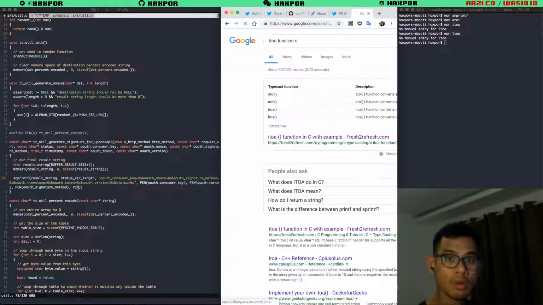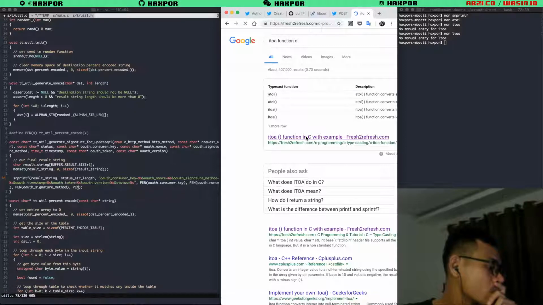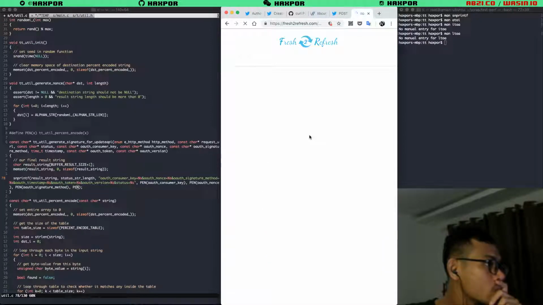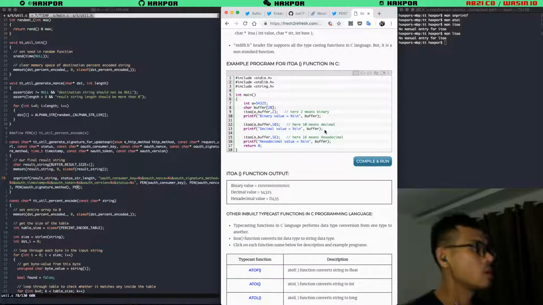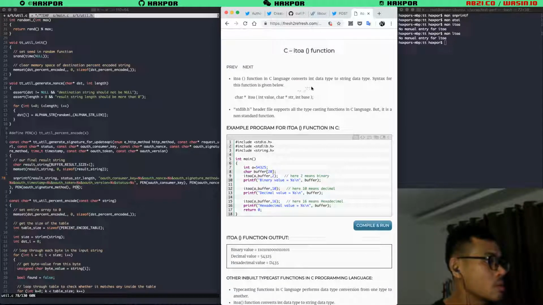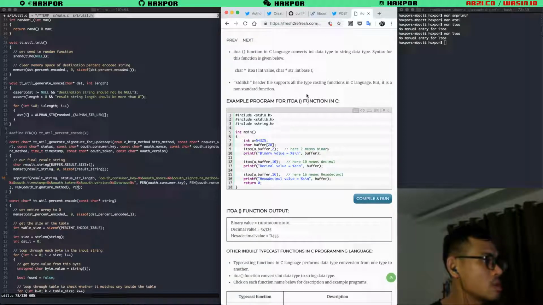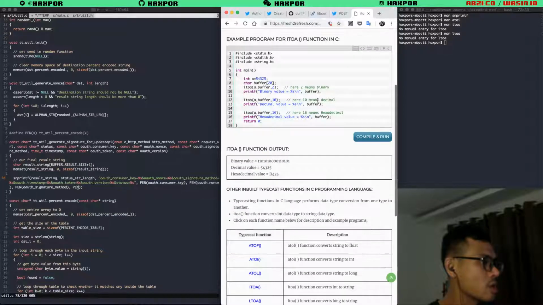Okay, itoa. But it's just a non-standard function, so I can avoid using this.